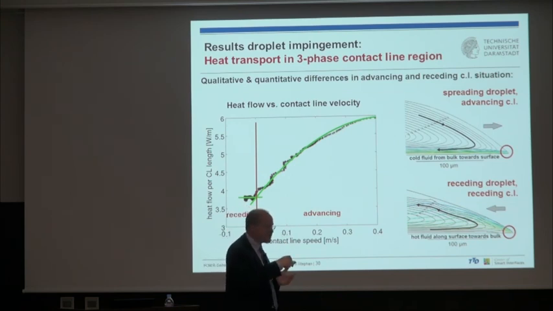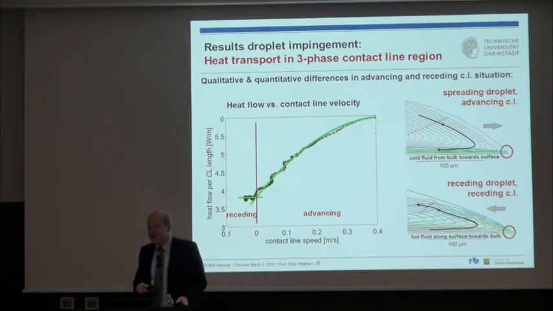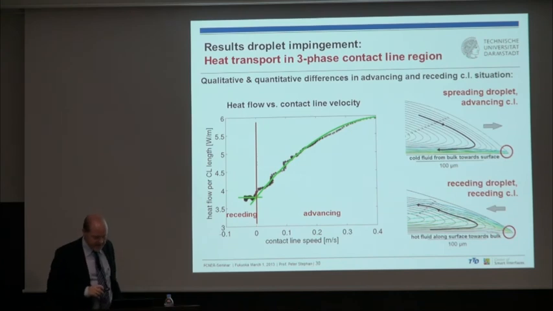When the droplet recedes, in this situation you have a receding contact line speed, which is typically much lower, as you saw in the video before, than when it hits the wall. But then you have an opposite flow. The opposite flow takes hot fluid from the boundary layer and moves it towards the interface. That means you get higher temperatures at the interface, and that means you enhance evaporation because the interface gets hot. Here the interface is rather cool, low evaporation rate, and here high evaporation rate, high temperatures at the interface.